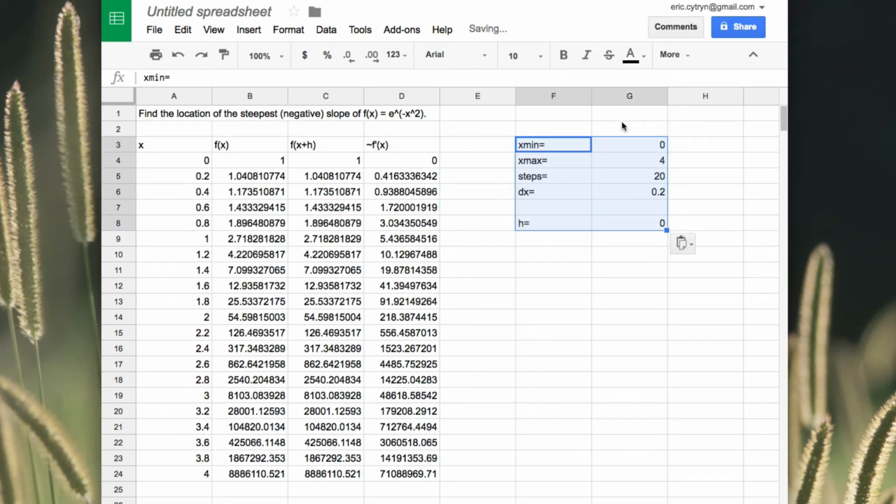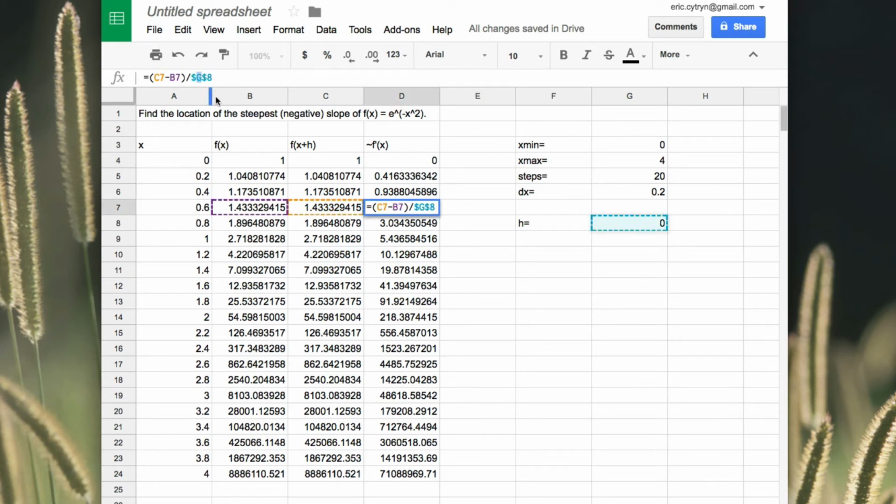And you'll notice even though all of these are now in G instead of F, when you do a copy and paste like that, or a Control X, Control V, all of the references to F8 have now become G8. So the spreadsheet is smart that way when you move things around. Okay, so now I wanted to find the location of the steepest